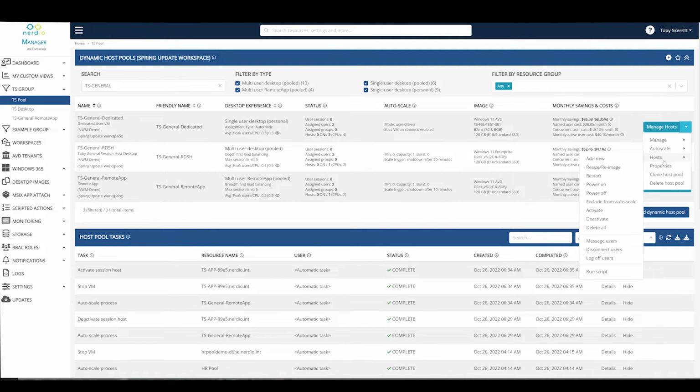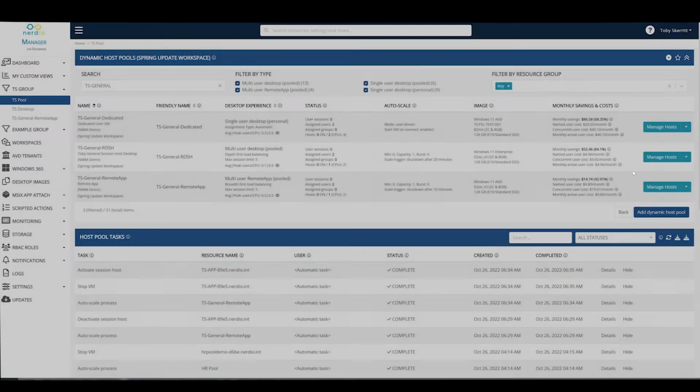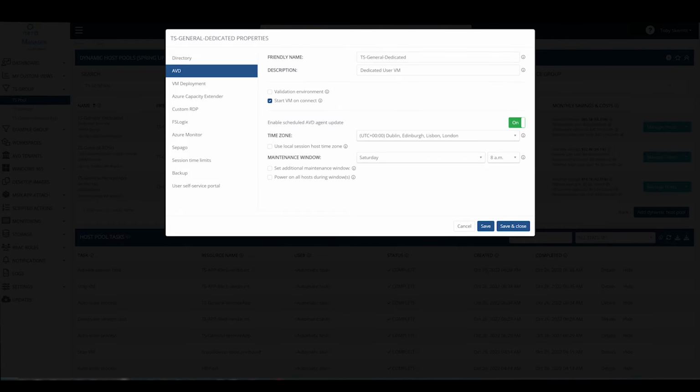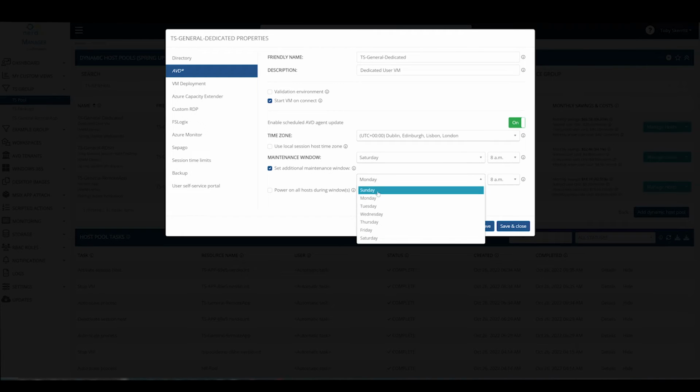To access the properties for this, we simply go to the host pool properties and the AVD tab, which contains generic details about the pool itself. From here, we can enable a scheduled AVD agent upgrade, specify our maintenance window, so in this instance, Saturday at 8 AM, set an additional window if for any reason we weren't able to complete, Sunday, 8 AM, and additionally